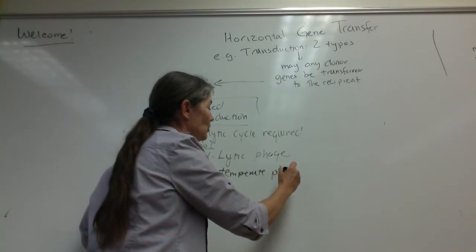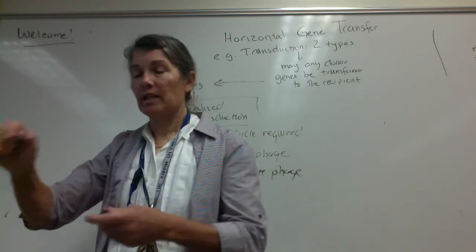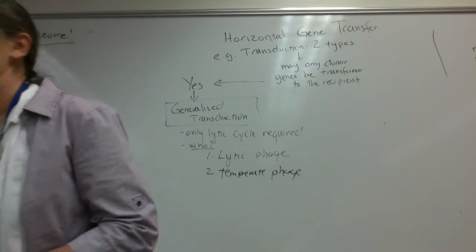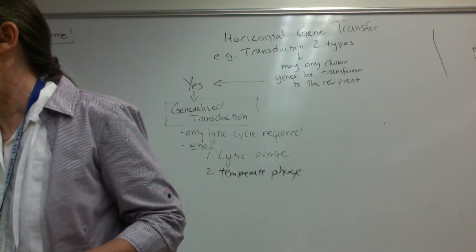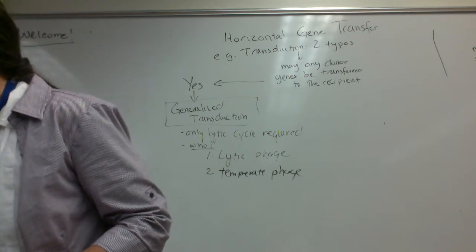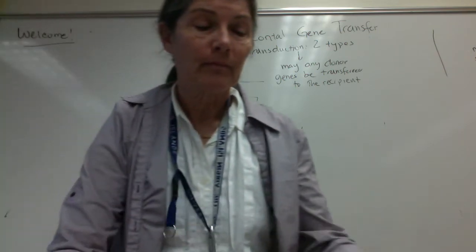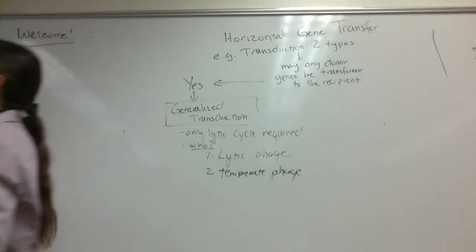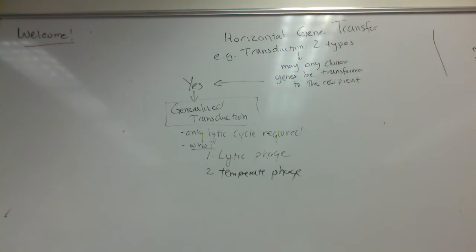And again, you guys, we'll just back up to the lytic replication cycle so we can understand how this is happening. It's just a mistake when the capsids are packaging DNA. Do you remember how we said that if we're focused on a lytic cycle here, folks, the capsids just automatically package little pieces of DNA, right? Usually most of the DNA of the bacterium by that time is going to be phage DNA. But occasionally, you guys,